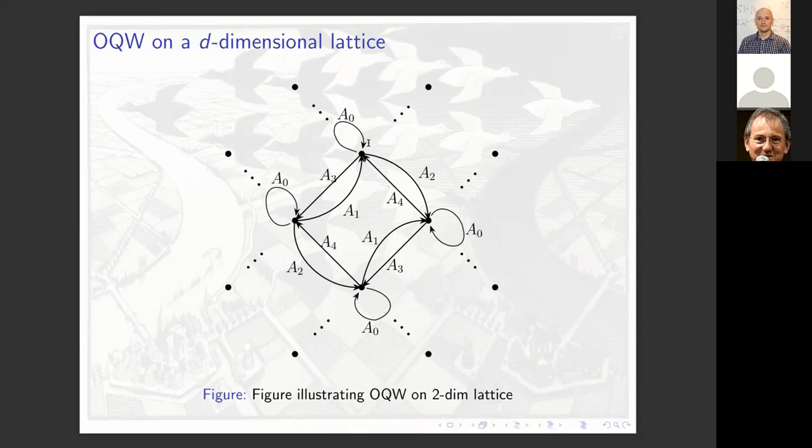Movement in the negative direction along that particular axis is described by A3. And then the other positive direction that I've thought about is going from the top left to the bottom right. Movement in that positive direction is described by A2, and in the opposite direction, that's described by A4, and I also have the necessary self loops. So just a picture to try and understand what it was that I was talking about.